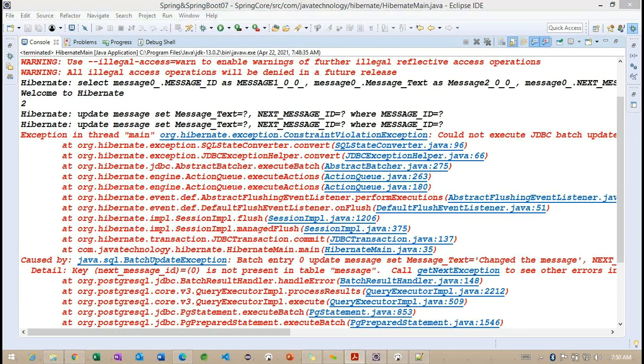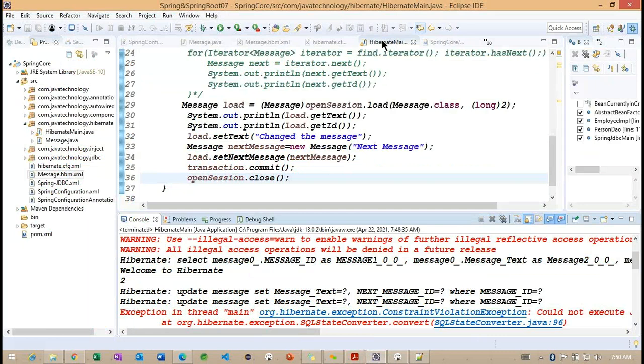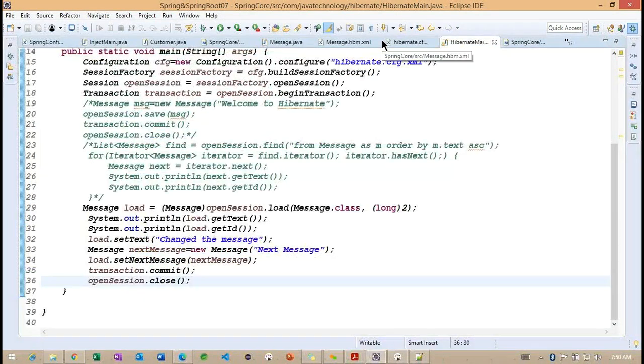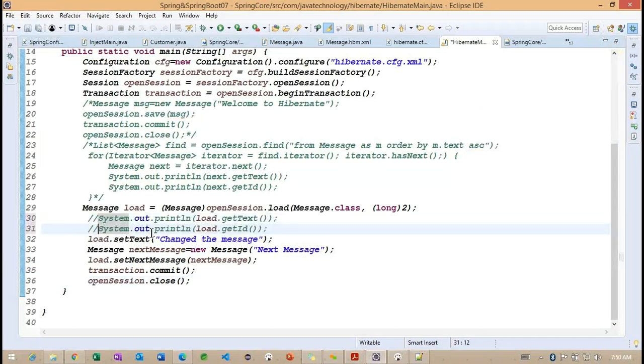Okay, let me check whether we made anything wrong here. No. The update query is also generating properly, but why is the data not being set? Message setText here, and I'm creating the next message, setting the next message and commit.